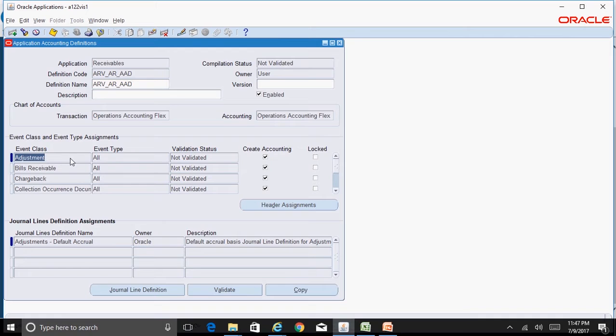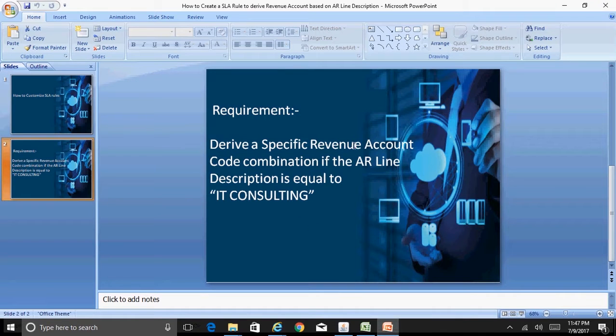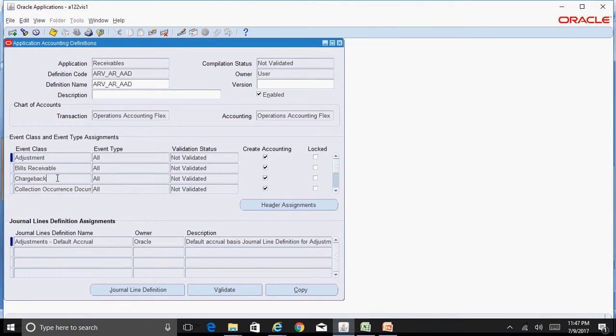Our requirement is to derive a specific revenue account code combination if the AR line description is equal to IT consulting. So, the revenue account code combination in the invoice. Go to the event class of Invoice, and under this event class, check what exactly is the journal line definition. The journal line definition is Invoices Default Accrual. Again, this is a standard.